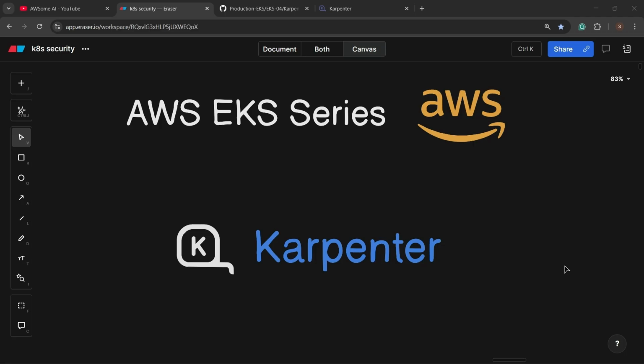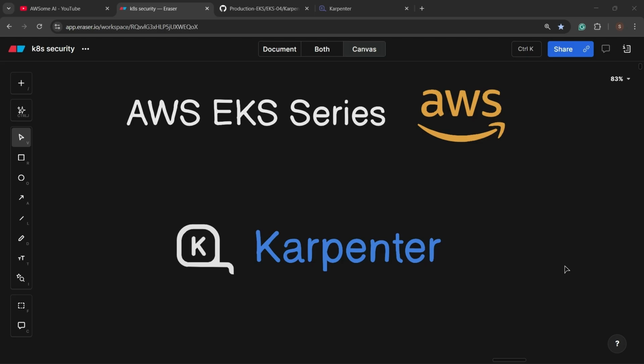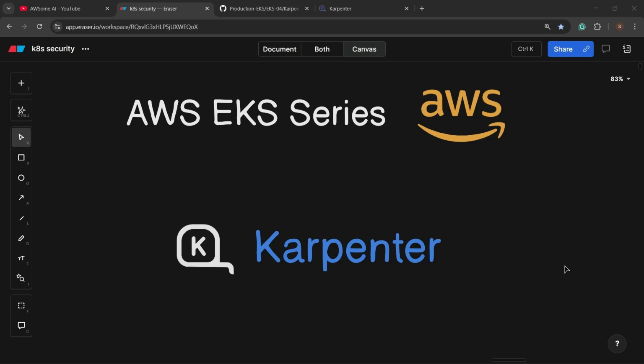In the previous video, we discussed the cluster autoscaler and how it helps with node scaling in Kubernetes. But in a real production environment, cluster autoscaler comes with a few limitations, especially when it comes to speed, flexibility, and cost optimization. And that's where Karpenter comes in. Karpenter is a next generation Kubernetes node autoscaler built by AWS, designed to provision the right node at the right time and for the right workloads without relying on the traditional node groups and autoscaling groups as we were using in cluster autoscaler. So in this session, we'll first look at the problems with cluster autoscaler and then understand how